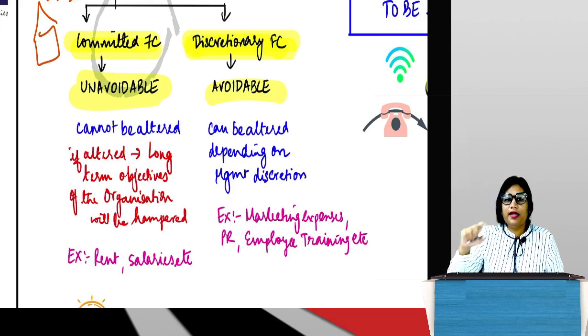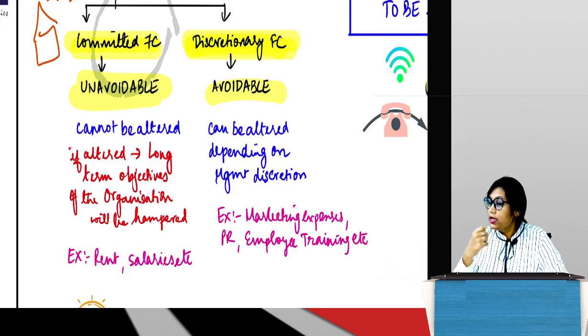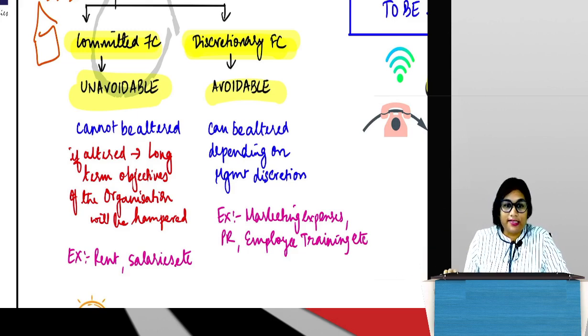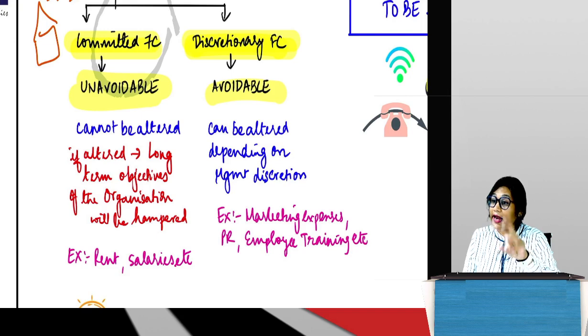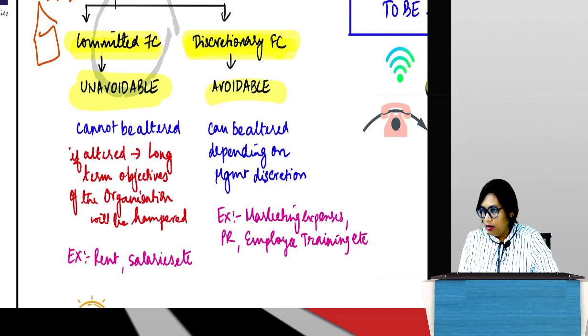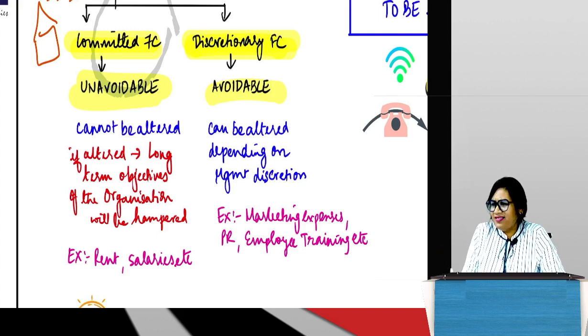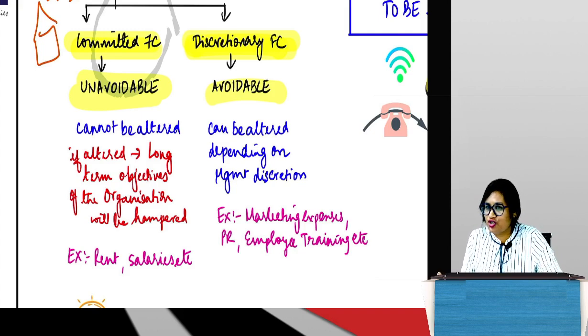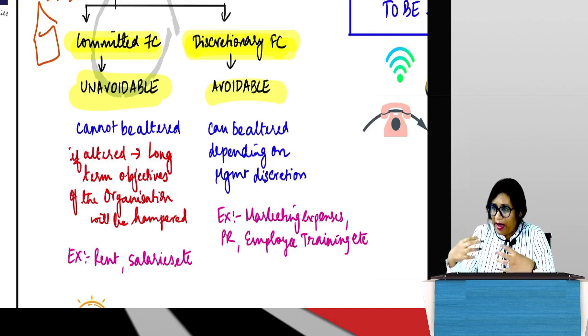So similarly guys, another example if I were to quote, let's say you as an organization are doing a radio ad. Let's say you're selling a product, you're doing a radio ad every month, where the radio jockey promotes your product on the radio for all the people who listen to radio. And let's say you're paying 5,000 rupees every month for this ad. After a lot of analysis by your marketing team, you realize this radio ad is not really helping me reach any audience, because my product caters to Gen Z, that is you guys, right?